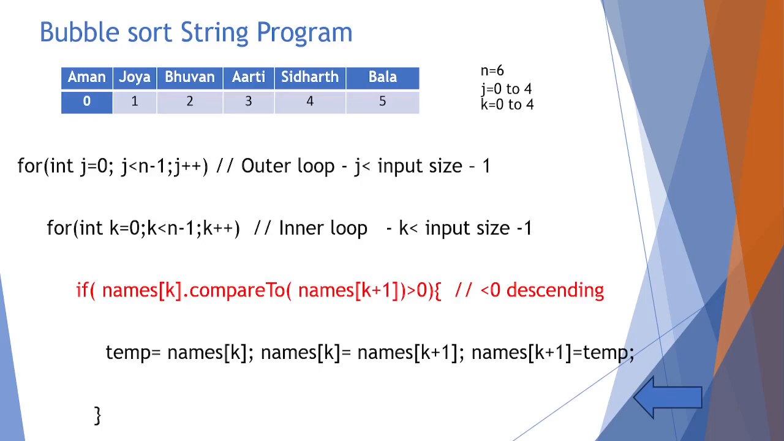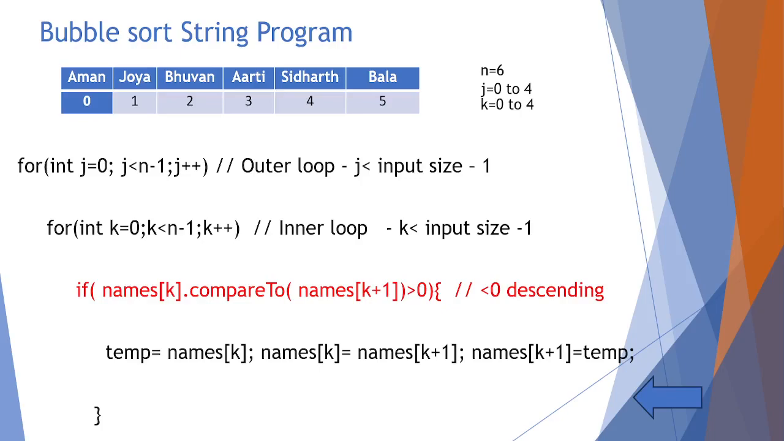But in a nutshell, compareTo is called from one string. This is an instance method. So names of k, initially 0, that is Aman, dot compareTo names of k plus 1, 0 plus 1 element is Zoya. So we try to